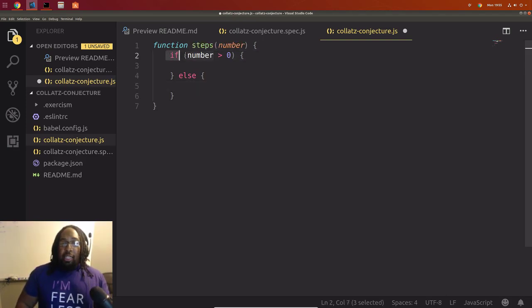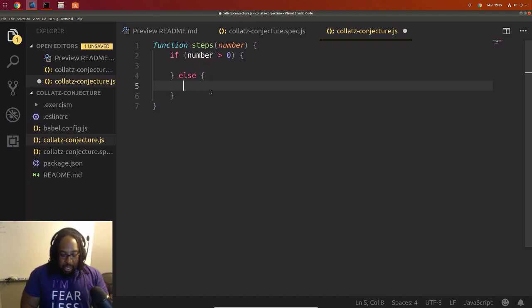It's if, and then it's a conditional statement that will always return either a true or a false value. And so if the number is greater than 0, it will return true. If it's not, it will return false. If it is true, it'll complete whatever code is in the block here, but we're actually not going to put any code in there because we don't want it to do anything. And then, well, we may want it to do something, but we'll keep it here for now.